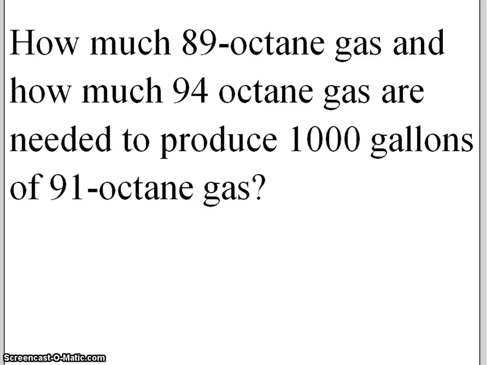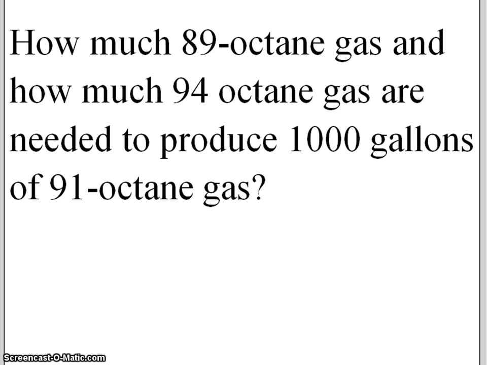Okay, let's look at this problem here. How much 89 octane gas and how much 94 octane gas are needed to produce 1,000 gallons of 91 octane gas? Okay, we're going to assume that the octane rating of a gasoline indicates that it has the same anti-knock